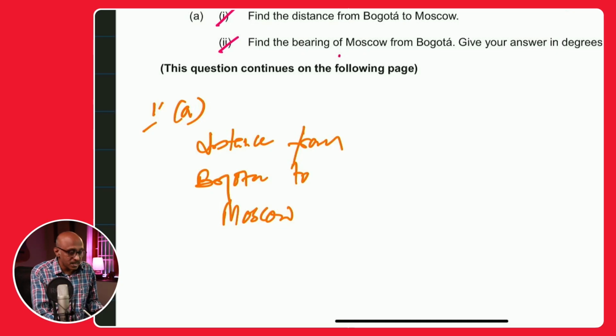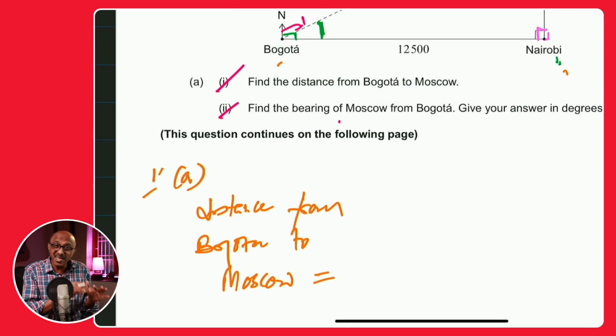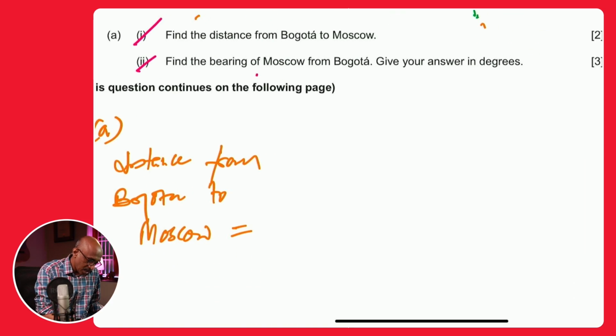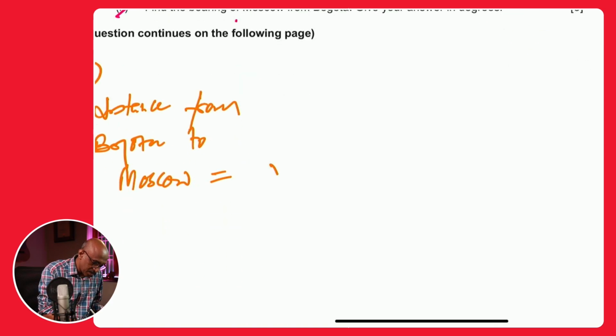When you discuss a solution, it goes so fast, but when you write, it takes time. That is the point. Through all the playlists, practice writing. One is discussing, but you get graded for what you've written, and you get docked for what you've not written. So practice writing. The distance from Bogotá to Moscow is just the hypotenuse,